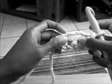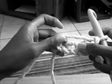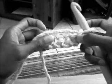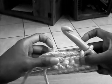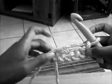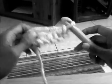So then you will see holes being made, and this is where you're going to put your stitches. So you're going to be building stitches on top of this. So you're going to be going into these holes that you made with your chain to make your stitches. Okay, let's switch over